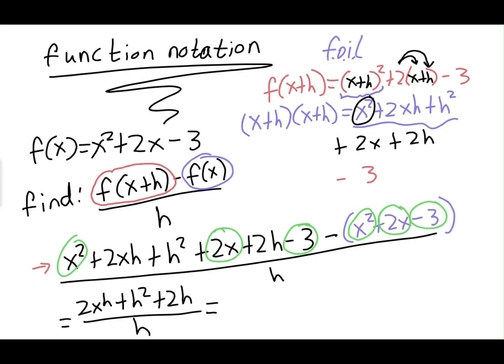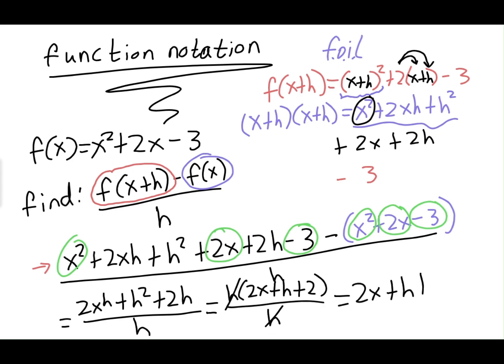Now if I continue simplifying this, we can factor out an h. We're left with 2x plus h plus 2, and there's still an h in there. The h's cancel, and we get 2x plus h plus 2. Great. So that is f of x plus h minus f of x all over h. Now, I'm not going to tell you what this means from a calculus perspective because you'll learn all about that in calculus. Just know that you will be expected to be able to do these kinds of things in